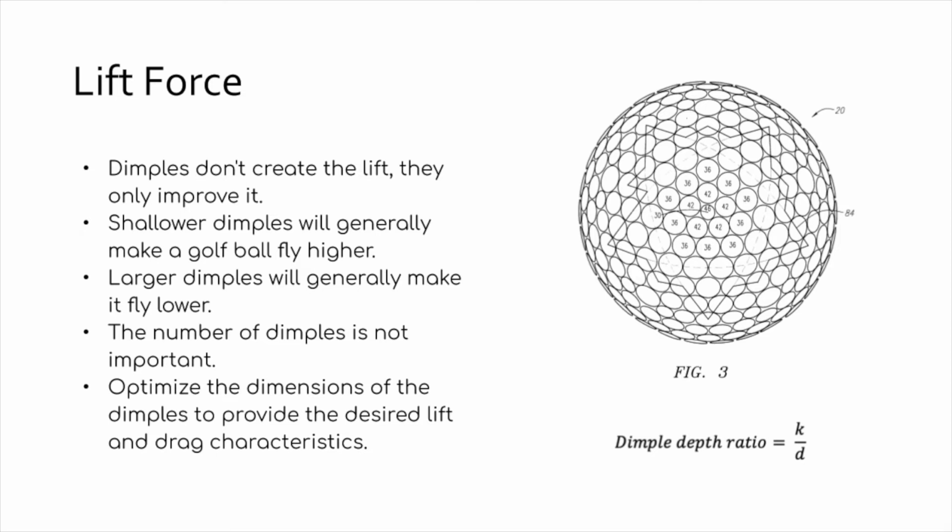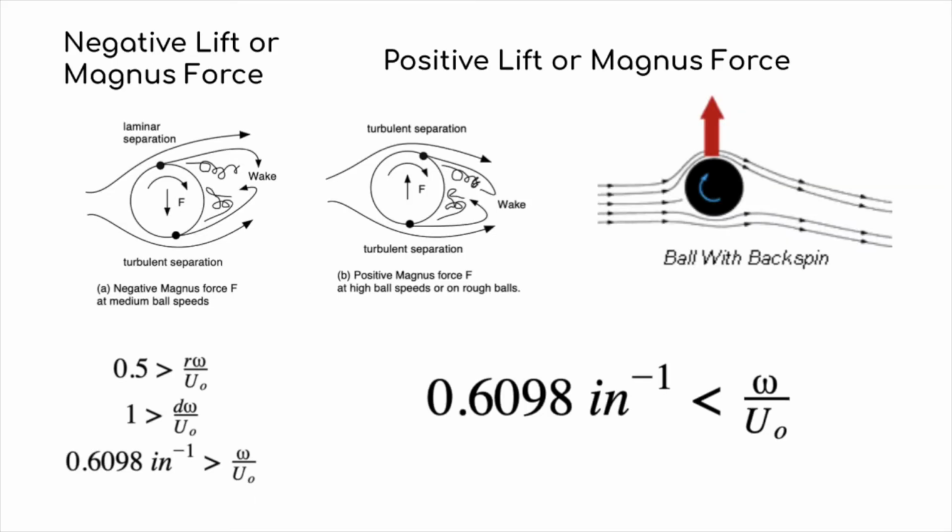Deeper dimples will be pockets of air, which aren't aerodynamic, so generally we want shallower dimples. With larger dimples, the ball's behavior approximates a smooth ball. The number of dimples is not important. The behavior is summarized with a dimple depth ratio, and when you optimize it, you'll get the desired lift and drag you want. The Magnus effect on a smooth sphere can generate negative lift at medium ball speeds, but it's